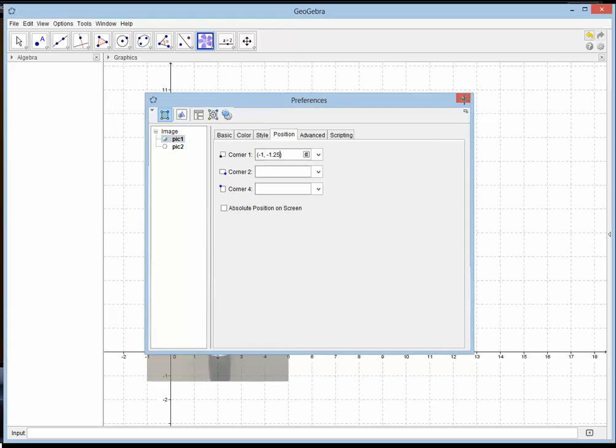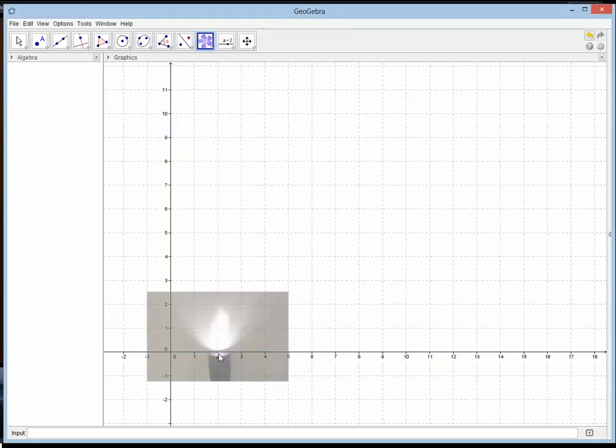Okay, so let's close that. Now that dropped it down for me. It's still not exactly on there, but it's going to be really close. So I'm going to go ahead and put a point there. It says right here, new point. I'm just going to put a new point right there, and I'm going to say that that is the coordinates